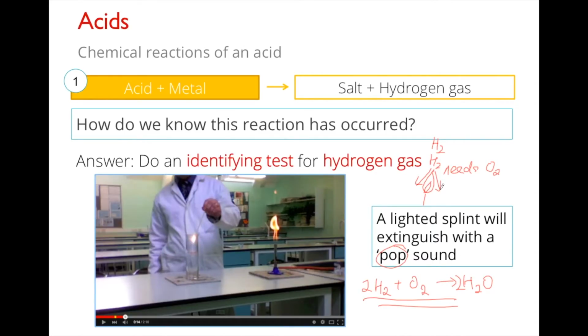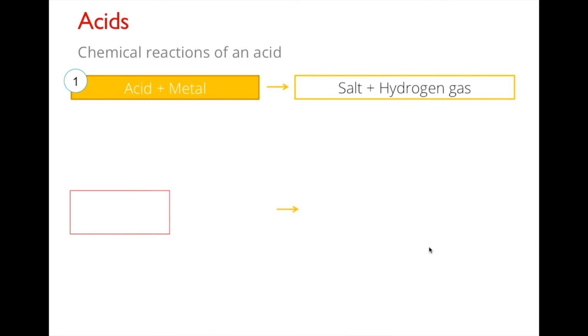Okay, so other gases, not just H2, even if carbon dioxide gas is produced, if I use a lighted splint, it also pushes away oxygen gas and extinguishes the flame. But there will be no pop sound because carbon dioxide does not react with oxygen to produce anything. Okay? So that's why it is essential that you tell me that the flame is extinguished with the pop sound because otherwise I cannot tell that it's hydrogen gas. Okay, now next,